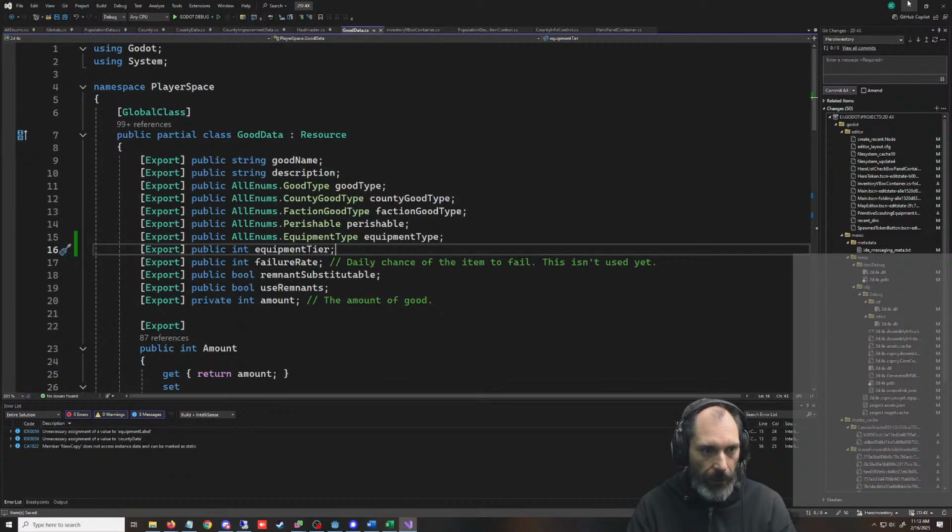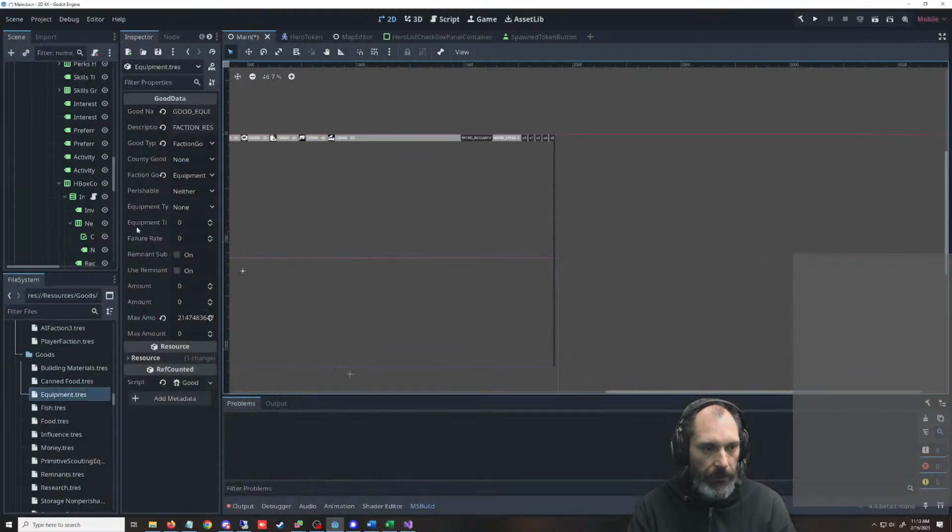Did I put export on it? I did. It's towards the top. See, I need some export groups in there. It defaults to 0. So if we start using 1 as the first tier, it will...